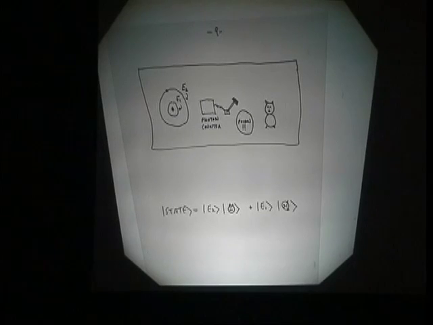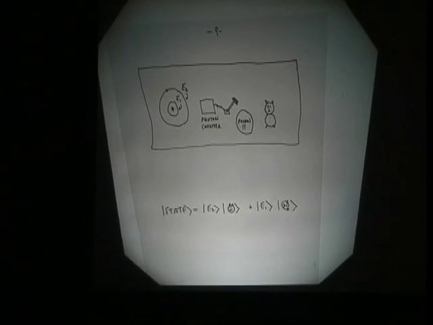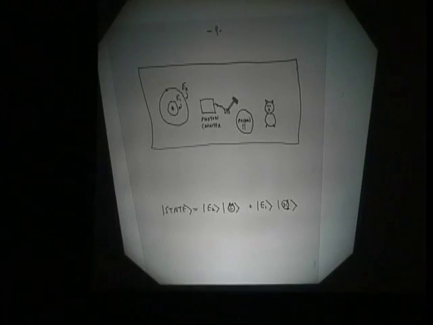After waiting a while, the experimenter opens the container. He will, of course, find a live cat or a dead cat. But quantum theory, as applied to the whole setup, says that at the instant before he opened the container, the wave function was a superposition of one containing a live cat and the atom in the upper state E sub 2, and one containing a dead cat and the atom in the lower state E sub 1.